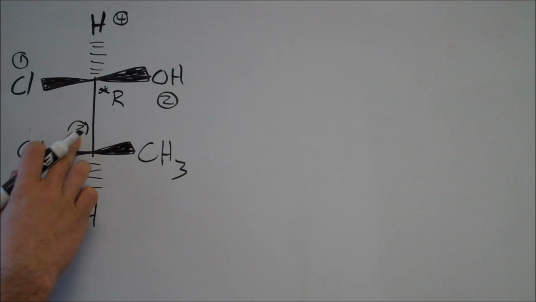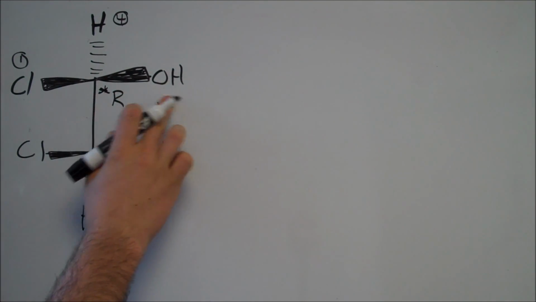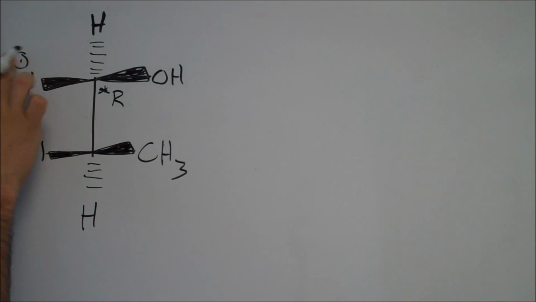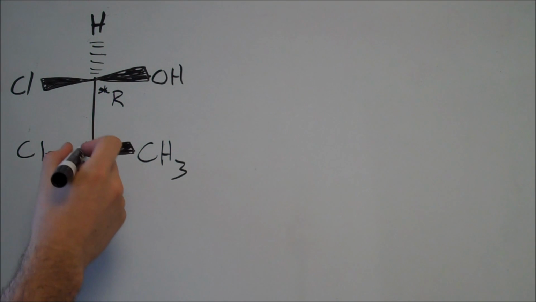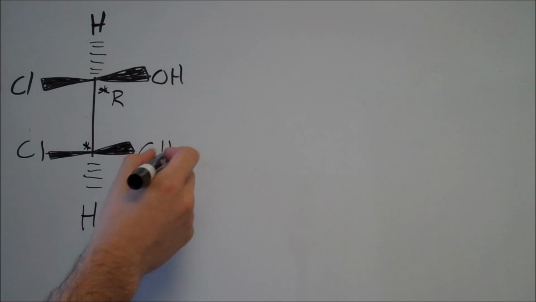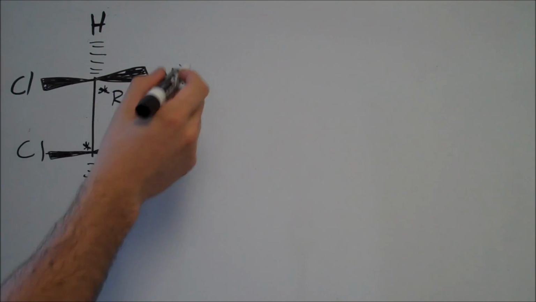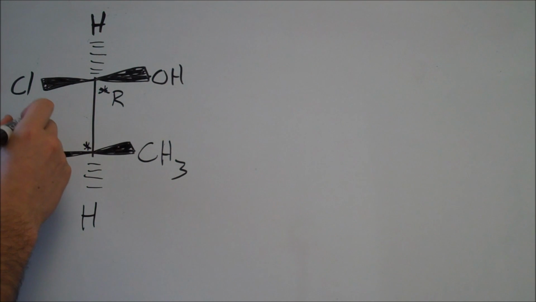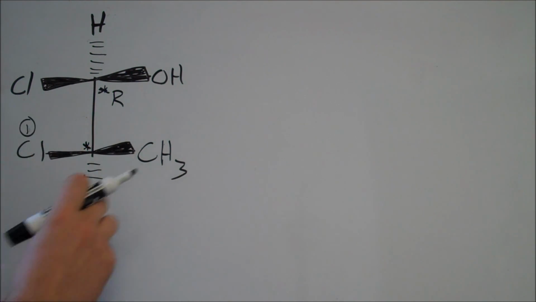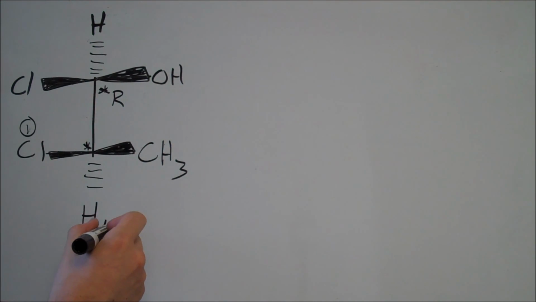And we can do the same with the bottom here. Remember, these priorities are only really applicable when we're doing one chirality center, so we'll get rid of those and start fresh down here. Now we're looking at another hydrogen, a carbon, another carbon, but this CH3 you can prioritize differently than this whole carbon group here. And chlorine is definitely different than those. So we've got another 4 different groups. Chlorine is going to be number 1, again because it's got a higher atomic number than all the others. Hydrogen will be number 4.